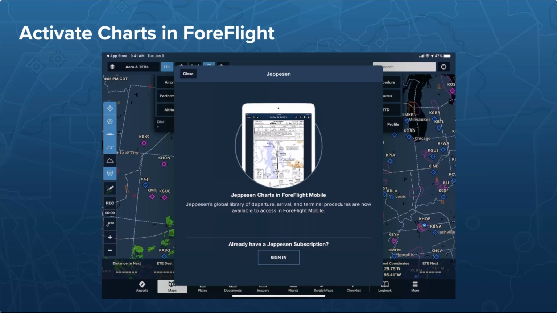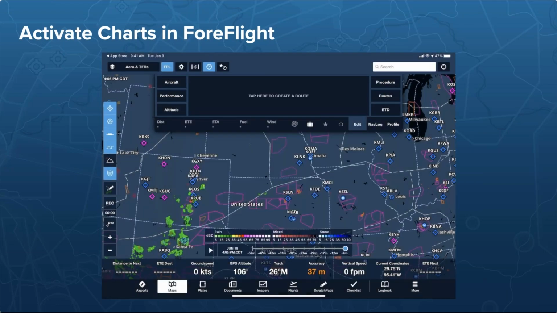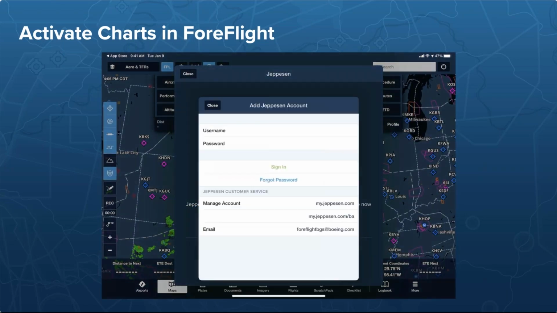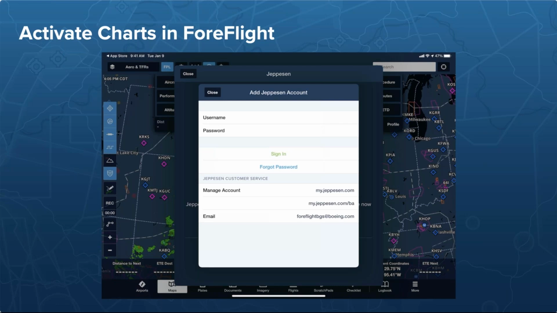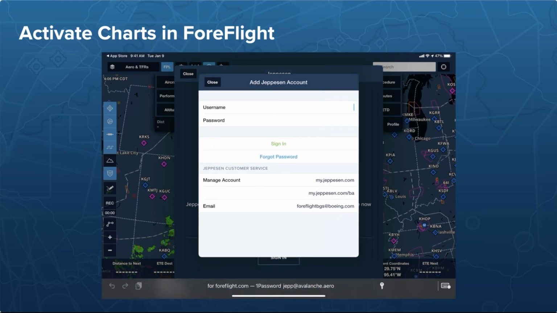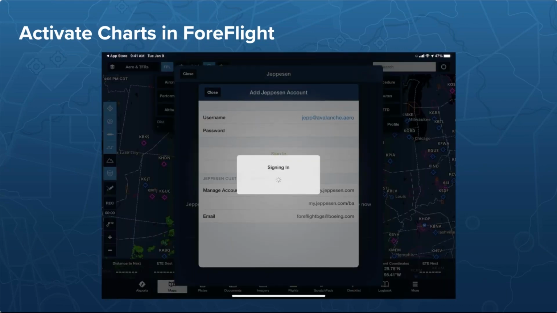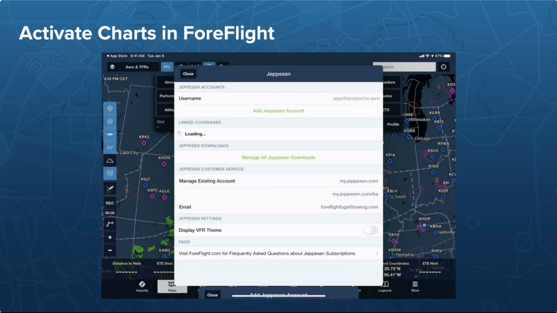So having started your ForeFlight trial, having signed into ForeFlight, all you have to do is you tap More in the bottom right, and from there you tap Jeppesen in the bottom right, just under where it says Account. You tap Sign In, and then you sign in with your username and password. And this is an important distinction from how you activate your charts in JeppFD. In JeppFD, you activate it using a site key. In ForeFlight, you actually authenticate your Jeppesen account with your actual username and password,